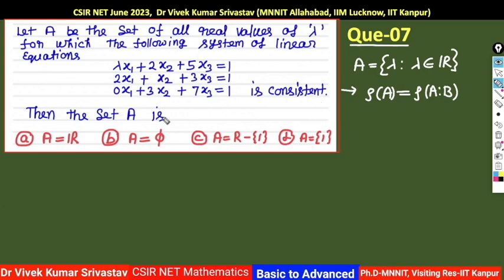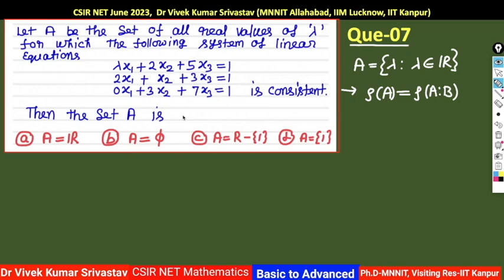तो ऐसे भी आप देख सकते हैं कि 3 क्रॉस 3 की मैट्रिक्स दिया है, राइट? देयर आर 3 अननोन्स. हमें वो सेट A के बारे में बताना है. देन सेट A इज व्हाट? वो सेट A क्या कंटेन करेगा, क्या वो पूरा रियल नंबर होगा? फर्स्ट ऑप्शन इज पूरा रियल नंबर, कोई भी रियल नंबर ले ले फॉर विच दिस इक्वेशन इज कंसिस्टेंट, मतलब इसके पास सोल्यूशन होगा, x1 x2 x3 की कोई ना कोई वैल्यू होगी. कंसिस्टेंट मीन्स व्हाट? सोल्यूशन एग्जिस्ट. सेकंड कह रहा है ऐसा कोई वैल्यू रियल नंबर होगा ही नहीं, मतलब कह रहा है A इज इम्पटी सेट. थर्ड ऑप्शन कह रहा है A इज R - {1}, मतलब इसमें 1 को छोड़ के वो सारी वैल्यू के पास ये कंसिस्टेंट होगा. ऑप्शन नंबर D कह रहा है A इज वो सेट सिर्फ 1, यहाँ पे λ = 1 पुट करें तो ही ये कंसिस्टेंट होगा, मतलब इसके पास सोल्यूशन होगा.